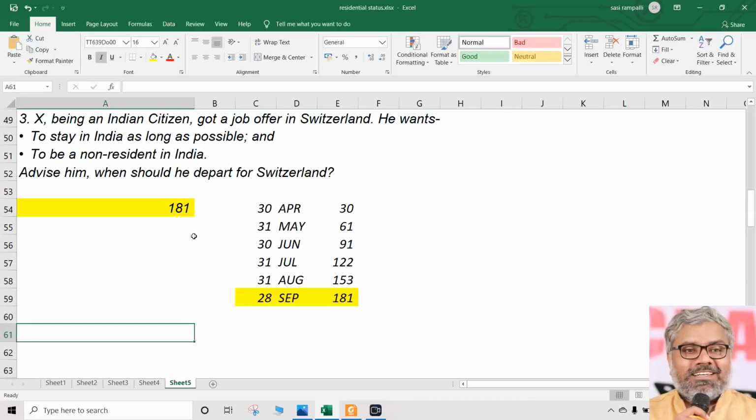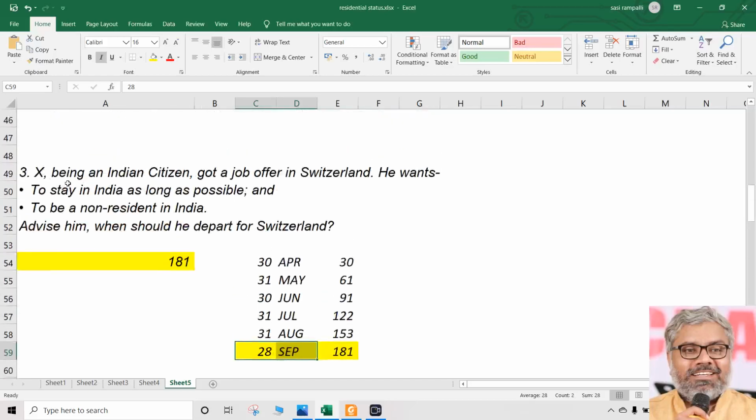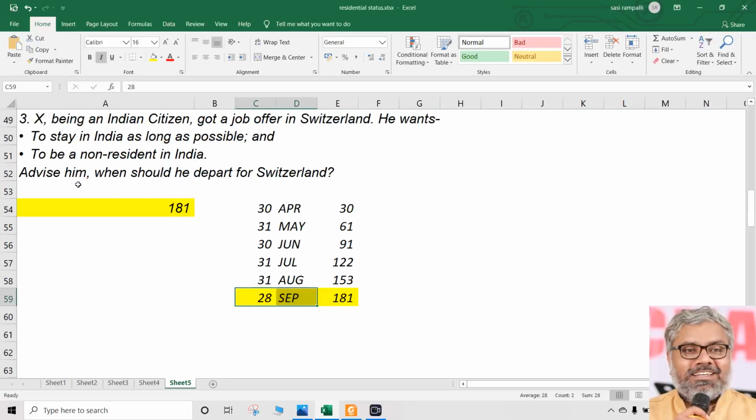How many of you got the correct answer? Check your answer correctly. This is a very crucial point to note, and this is a litmus test of understanding of provisions as well as applying a little bit of logic when some tax planning is asked for. Like this, people may come and ask, sir, I want to travel, I want to go abroad for employment, for example, but I still want to be called as non-resident. When should I book my ticket?